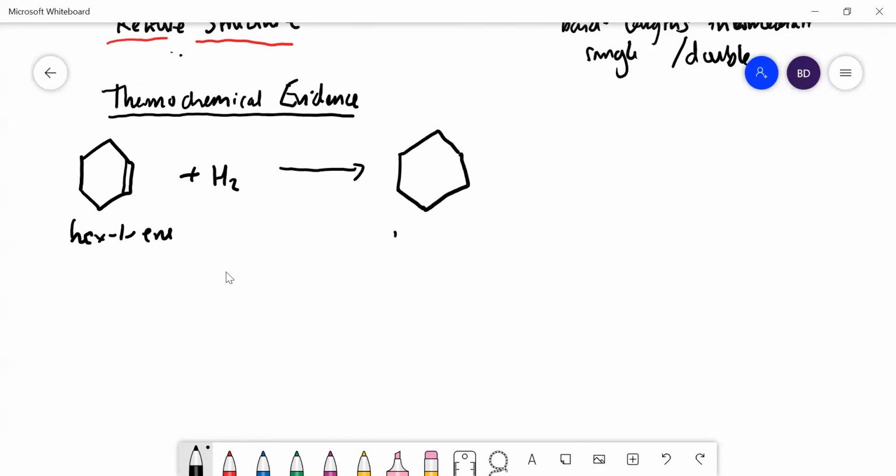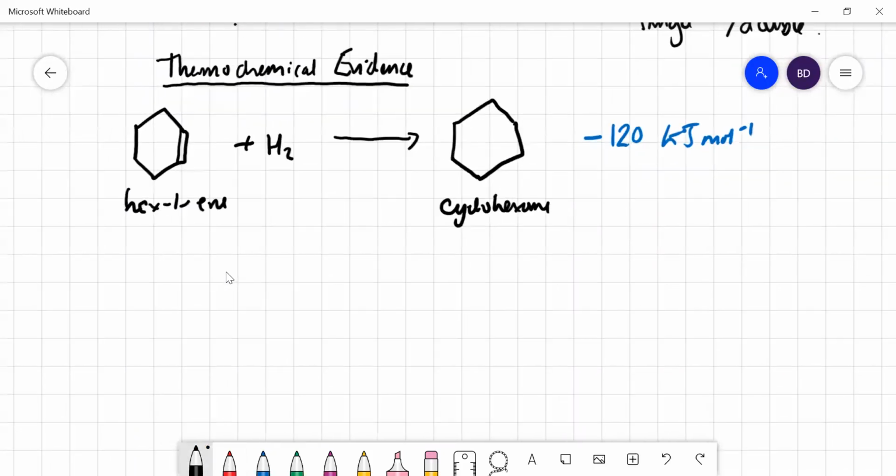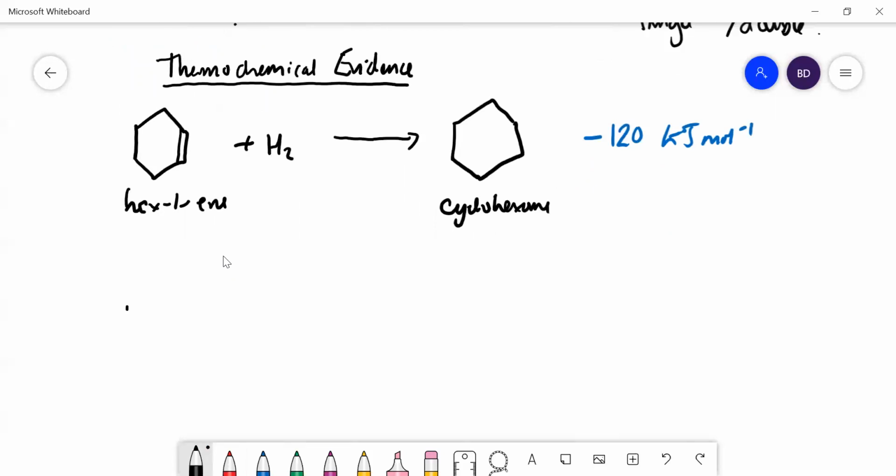So no double bonds there. And that is exothermic, and you get out minus 120 kilojoules per mole. So you would expect then, if we had the AQA structure, so I'm going to draw here, and it really was alternate single and double bonds,